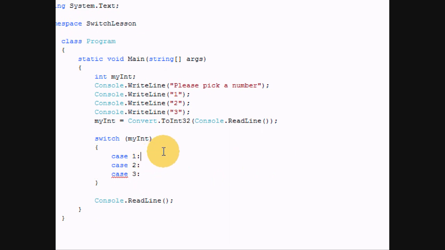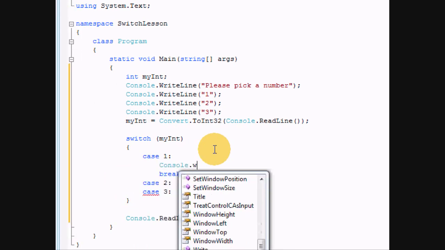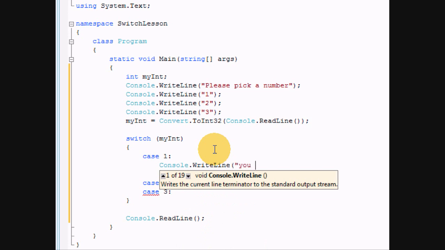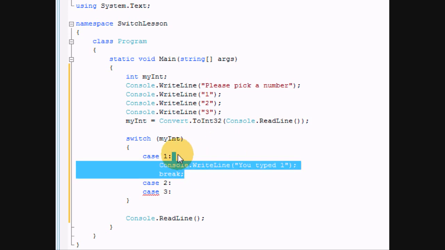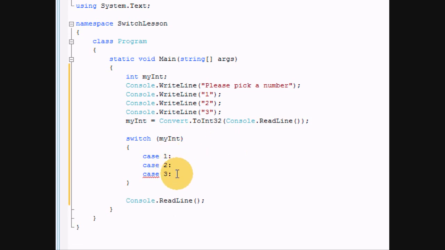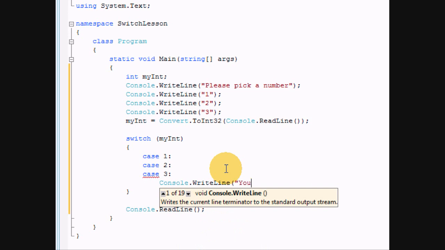Now normally you'd want to put each code block separately and put break at the end. So it'd be console.writeLine you typed 1. That would work. However, if you leave any of them blank, it will take on the second one. So console.writeLine you chose